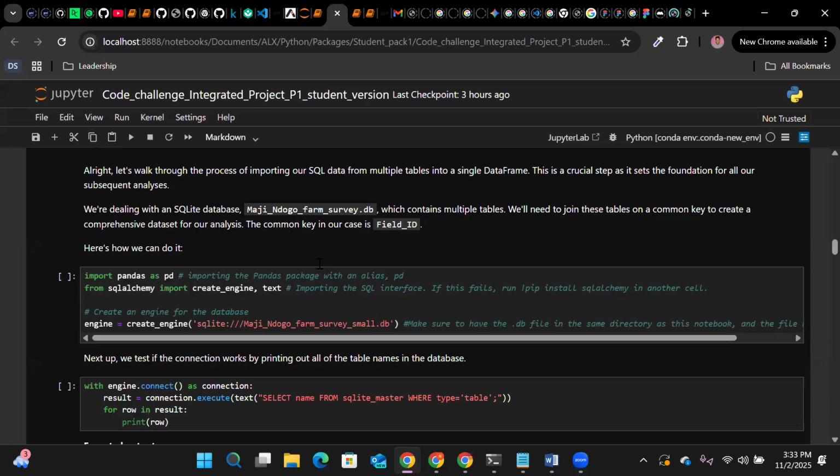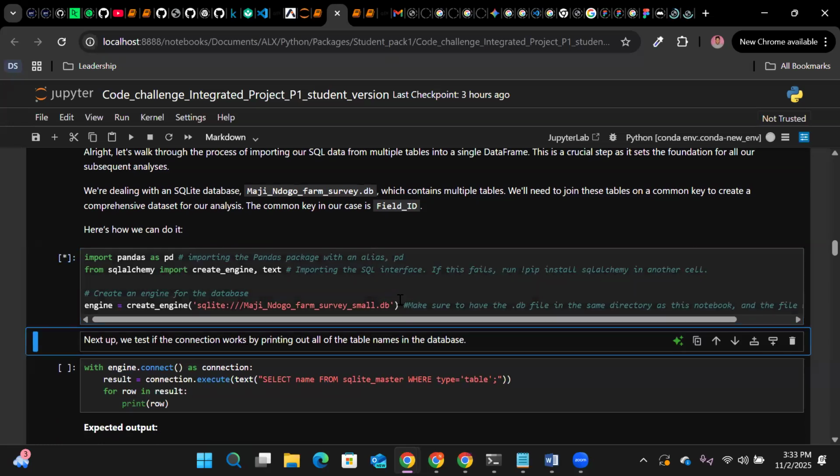So we've already been given the code, so you don't really need to think of anything. First of all, import your pandas, and then import some functions from SQLAlchemy, and then you're going to create your engine for the database. So this is the way you'll be able to connect to the database every time. So if you run this,